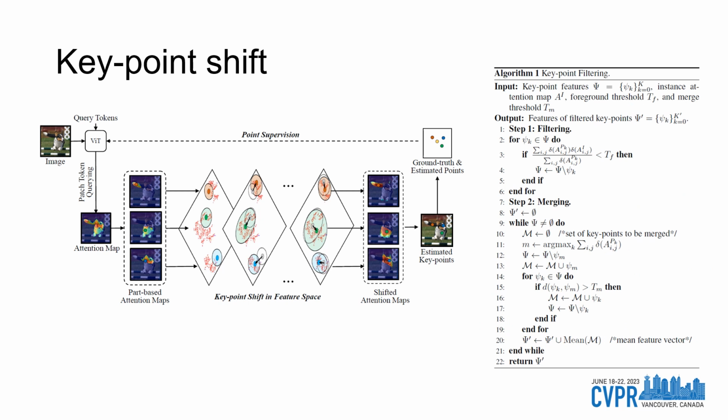After convergence, we address the issue of noisy key points by implementing a filtering mechanism. Key points that have shifted to the background or regions with low relevance are filtered out. We achieve this by removing key points that do not have significant overlap with the high-confidence areas on the instance attention map. Furthermore, to reduce redundancy and improve efficiency, we merge key points that exhibit high similarity. This helps to consolidate and refine the key point representation, ensuring that each key point accurately represents a distinct and meaningful part of the instance.